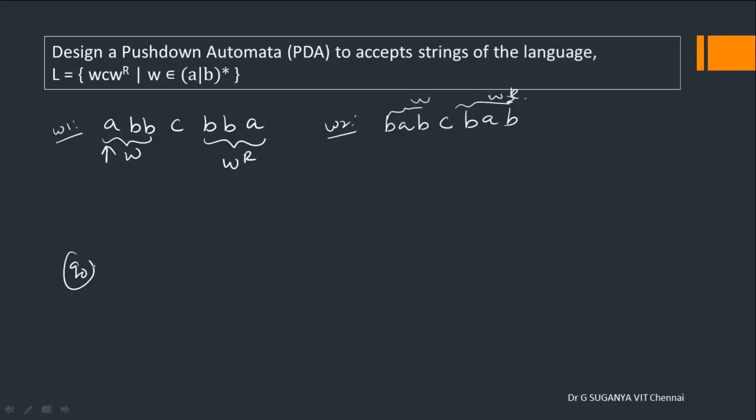Hence from the start state, you can either have A or you can have B as your input symbol. In either case, the bottom stack marker will be Z0 and this Z0 has to be as such on your stack, pushed with the corresponding input symbol. So this will become A Z0 or B Z0. When two transitions are written over here, any one could be matched depending on the input that we do have.